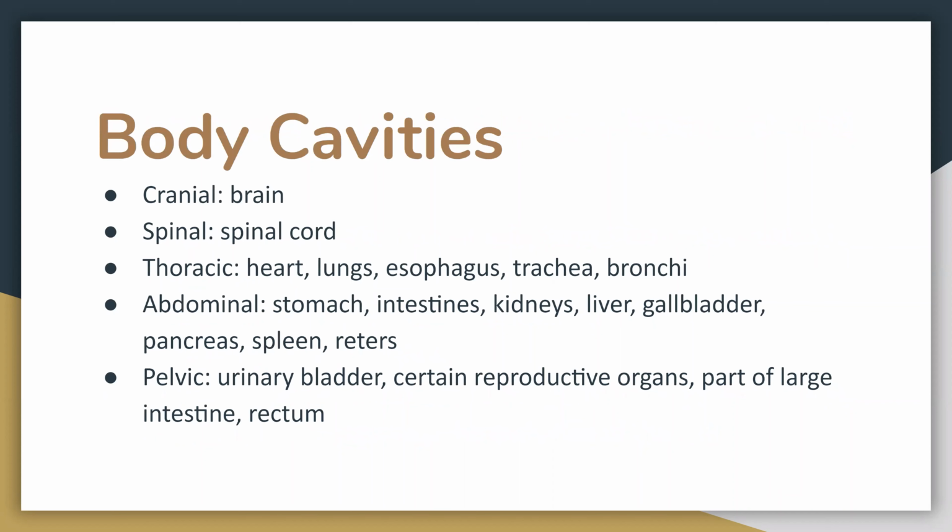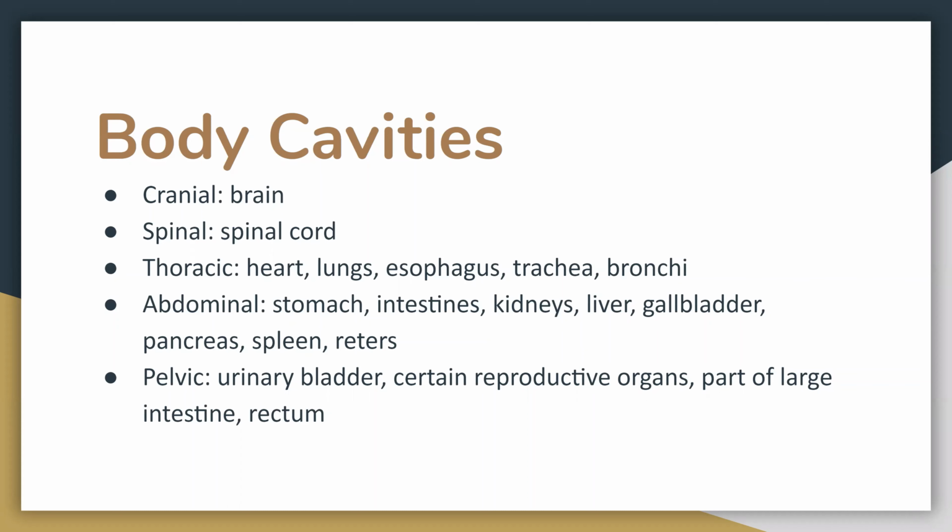Now we also have different body cavities, so when we look at a body, we can identify them by cavities. So you have at the top, you have the cranial cavity, which is your brain. Then you have the spinal cavity that encloses your spinal cord. Thoracic cavity, you hear the word thoracic, you know they're talking about the lungs, the heart, the esophagus, the trachea,